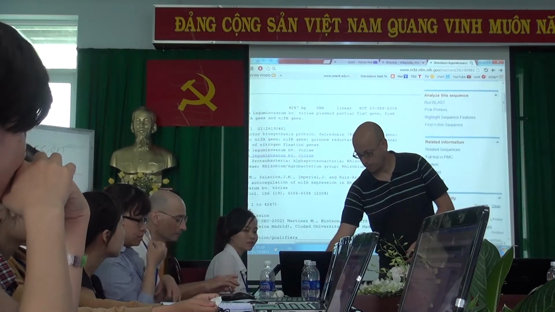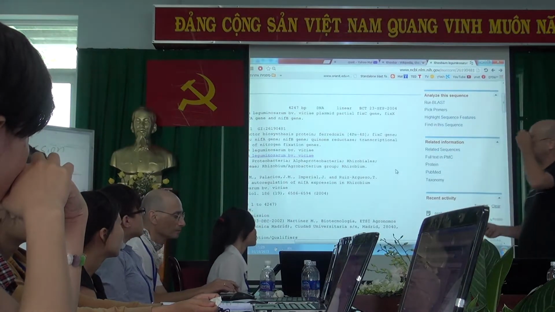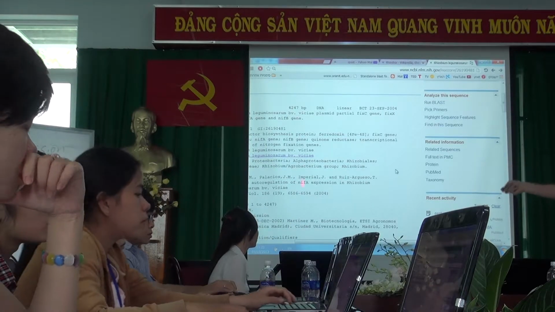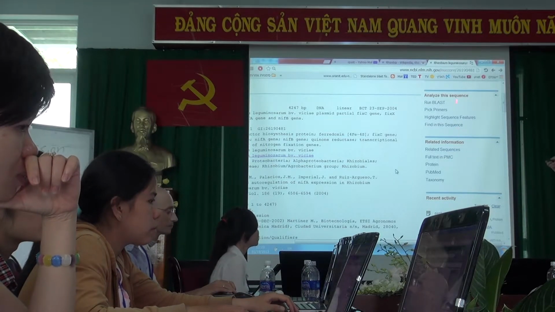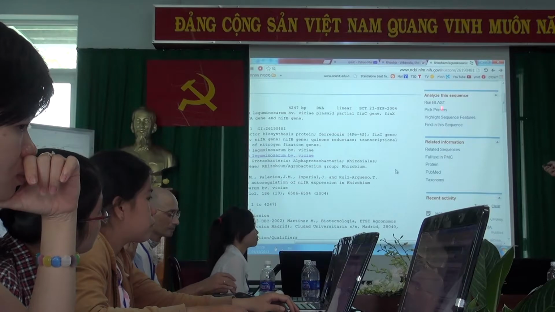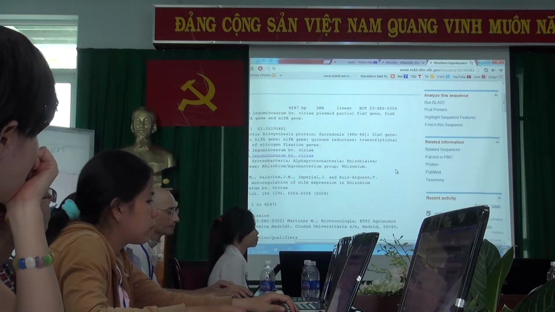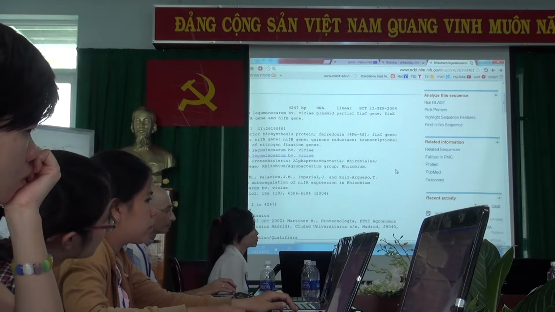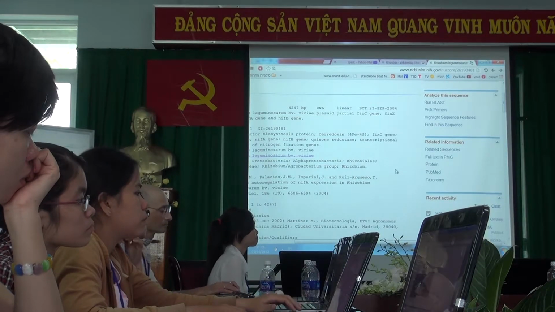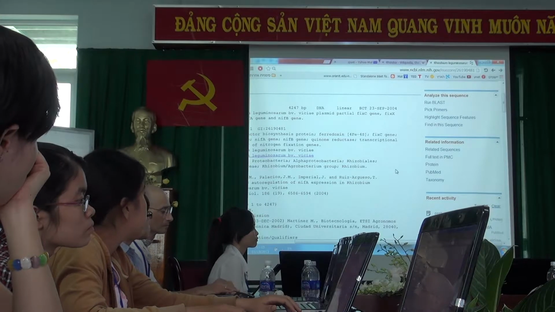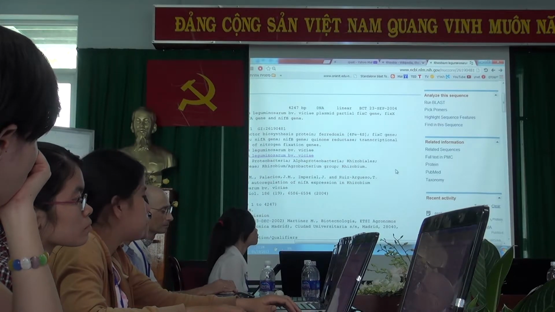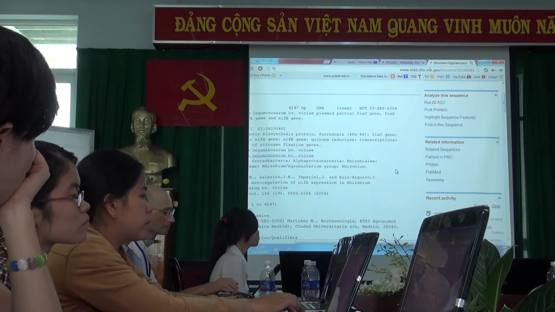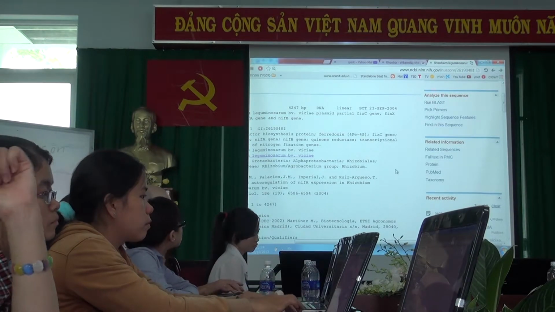Okay. Now, this was our sequence to the left of the page. To the right of the page, we have suggestions from NCBI. What do we want to do in NCBI with this sequence? So we can analyze this sequence. We can run BLAST on it. We will see